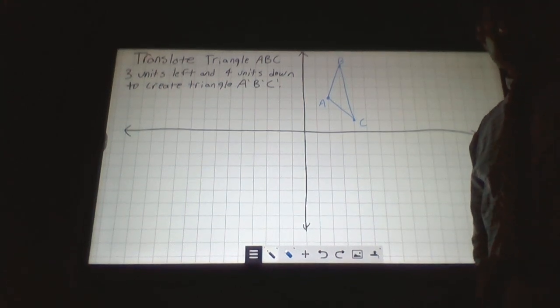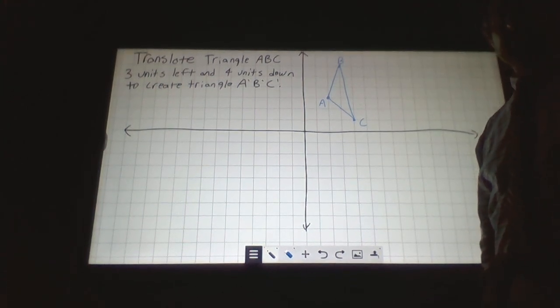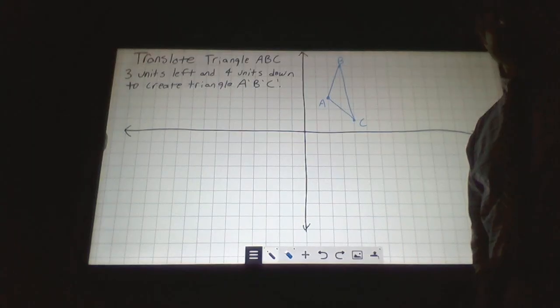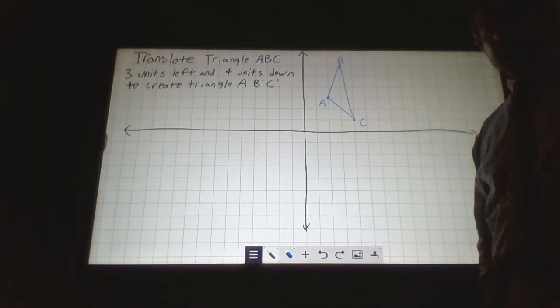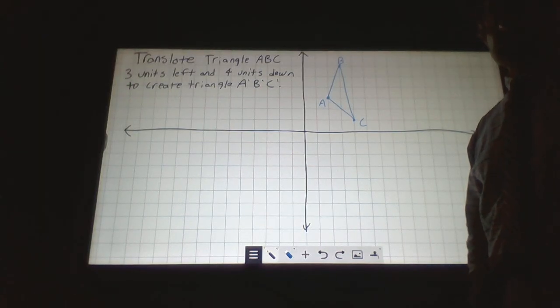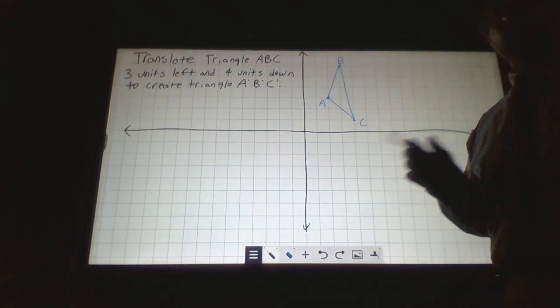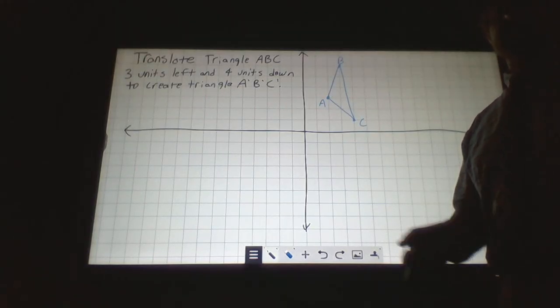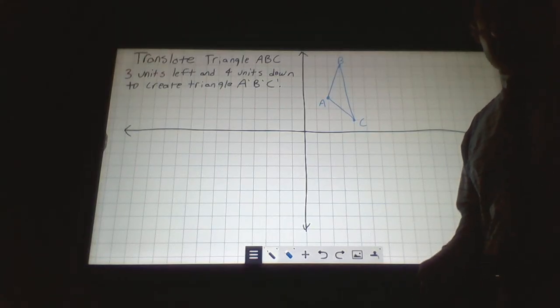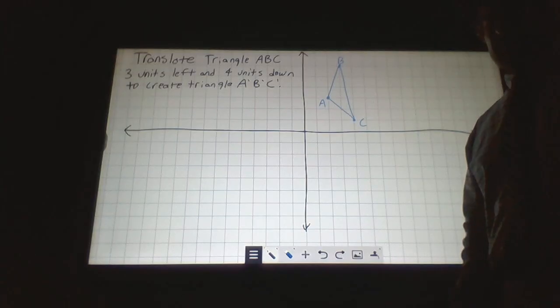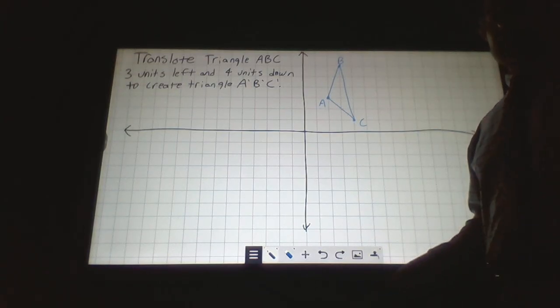In this video, we are going to go over a few examples of problems related to translation. Translation is one of the three types of rigid transformation, and is usually considered to be the easiest of the three, since it doesn't involve turning or flipping the shape at all, it just involves changing its location. So as long as you have a good sense of how a two-dimensional graph works,